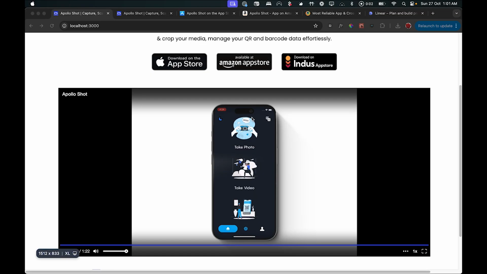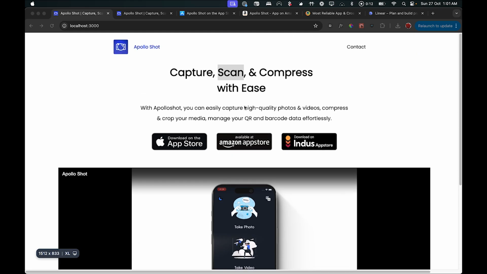Hi guys, in this video I'll be explaining how you can make your websites made with Tailwind CSS look better in bigger monitors like iMac Pro etc. So I made this particular landing page for my own app made with React Native, which I uploaded to both the Android and Apple App Stores. I'll be directly working with this production ready landing page and show how I'm going to improve it for my